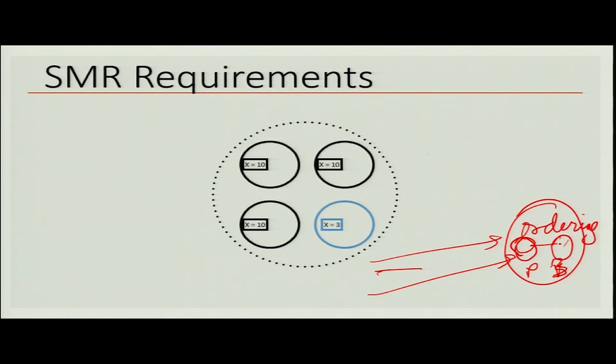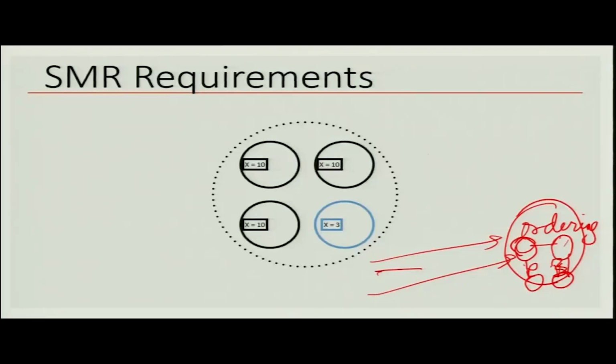But if you assume Byzantine behavior, then as we will discuss, you will need at least 4 replicas in order, and that also by assuming only one of them will go malicious. If you assume that 2 of them will go malicious, then you will need at least 6 replicas. So, depending on what you are going to assume and how strongly you feel about the importance of the service continuation,